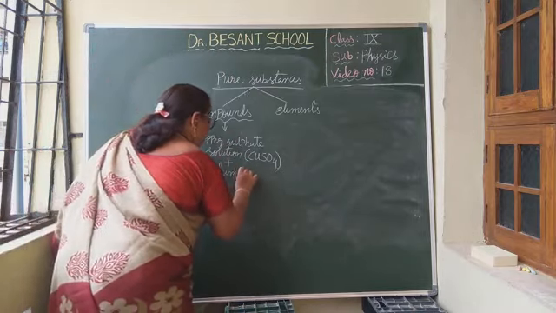Did you understand? Suppose we have taken copper sulfate. This much ratio of copper, sulfur and oxygen combine and form copper sulfate. This much percentage of copper, this much percentage of sulfur and this much percentage of oxygen. If they combine in that ratio only, then copper sulfate will form. Otherwise, it does not form copper sulfate. That means the ratio is always fixed.